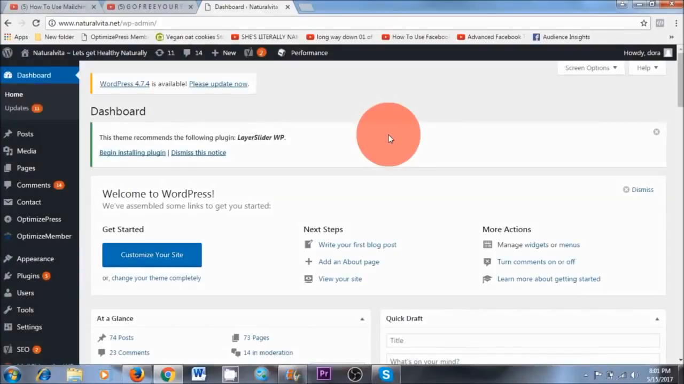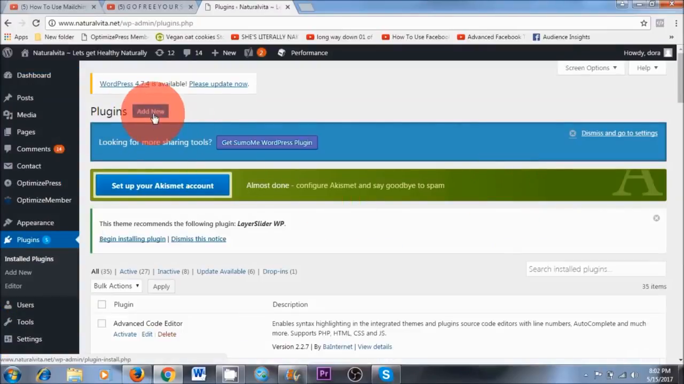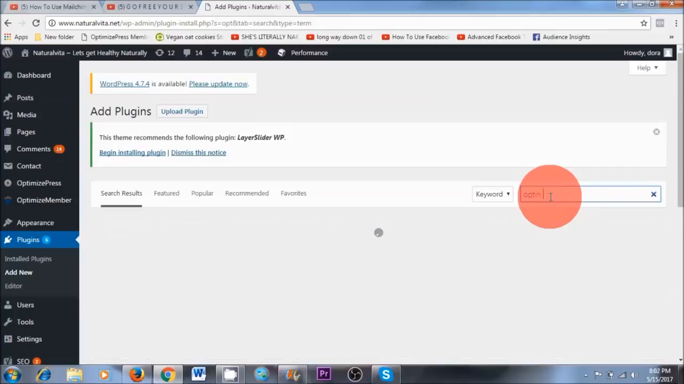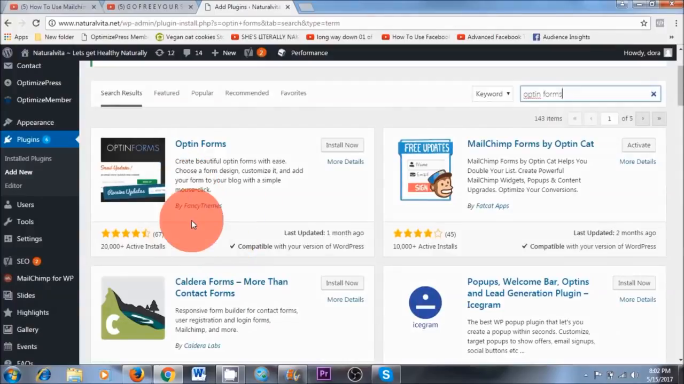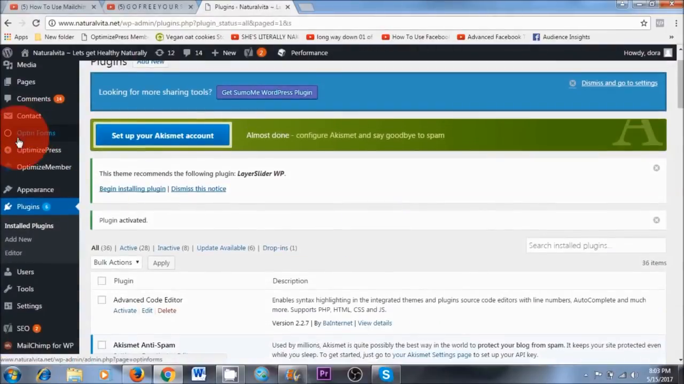Okay, so what you want to do is go to your WordPress dashboard and then click on plugins and then click on add new. And in the search plugins area, you want to type opt-in form or opt-in forms. All right, so this is the one that we're looking for, the fancy themes. So you want to click on install now, and then click on activate. And as you can see, it's here on the left-hand sidebar. So if we click on opt-in forms,